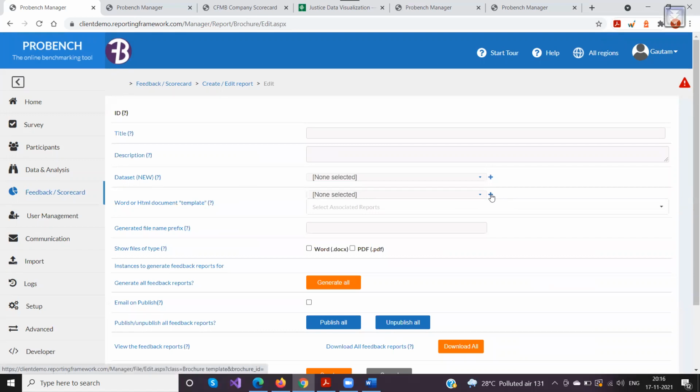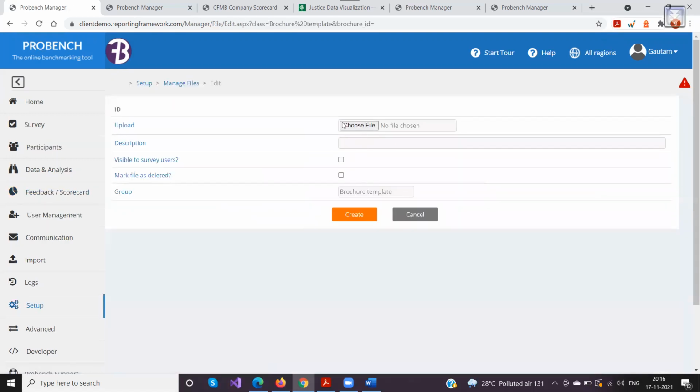When I click the plus, it takes me to the file upload. If you see, the group by default here is brochure template. You don't need to change that. It is the default because the system needs to know which of the uploaded files is for the feedback reports, so that is called the brochure template.